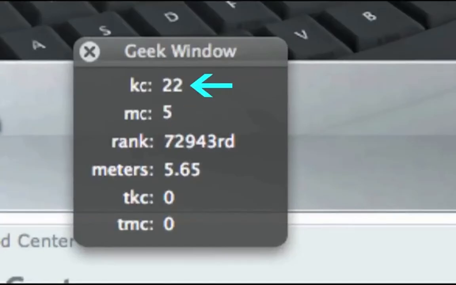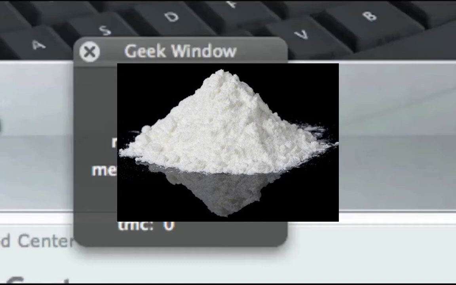Keystrokes, mouse clicks, keystrokes, mouse clicks. It even measures the total distance you've moved your cursor. It's really fun stuff to track, and of course, depending on who you are,